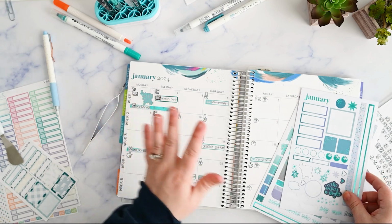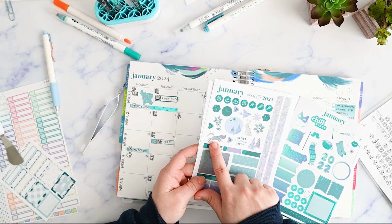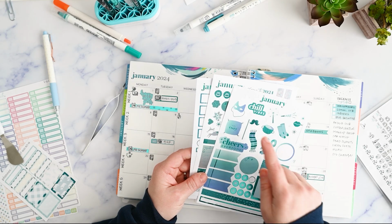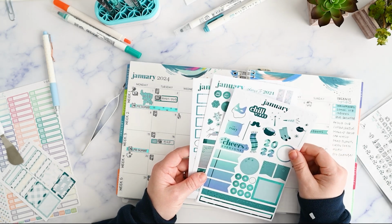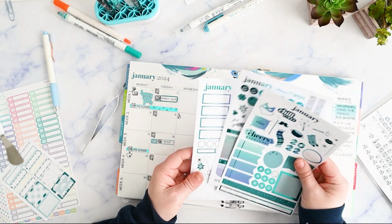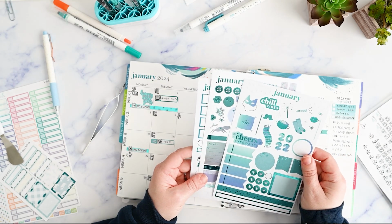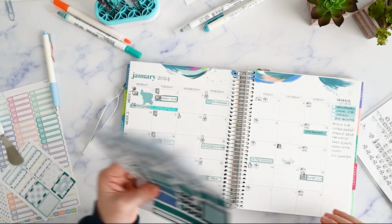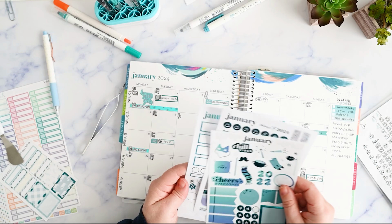Happy New Year. And I like the little snowflakes. It is starting to get colder here. The bunny and the fox are cute. The mustache, like what is that? Are people still wearing mustache costumes? I don't know what that has to do with New Year's, but okay. The future is bright. Start something new. I don't know. I don't think I want to use any of these. I feel like they just don't really go with all of this. Wah. I don't know. Am I being...